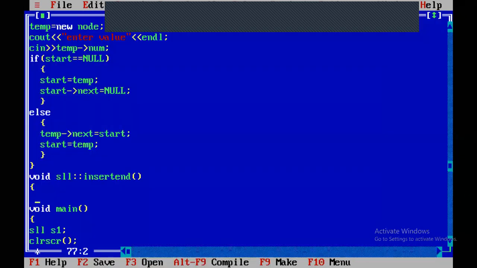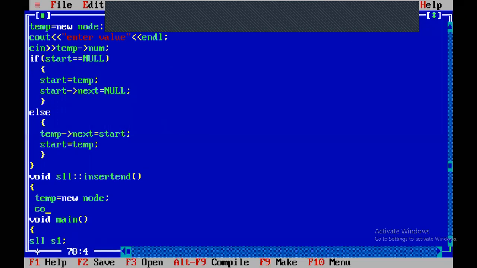First of all, I already told that there are 4 points. First, you have to allocate the storage dynamically. How to allocate the storage dynamically? Temp equal to new node. When we write the statement temp equal to new node, the system will allocate the storage dynamically for the variable temp.